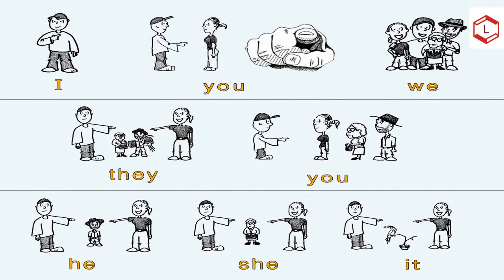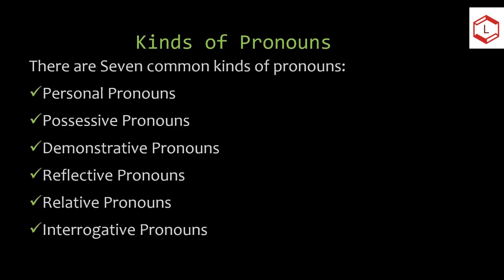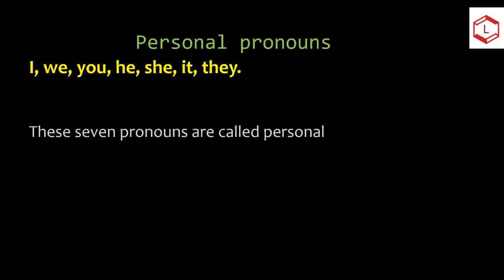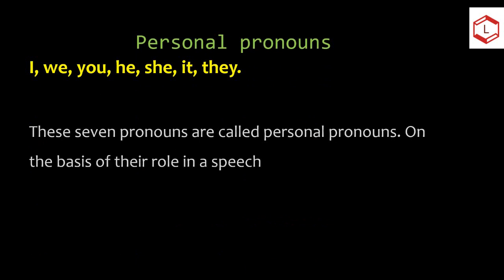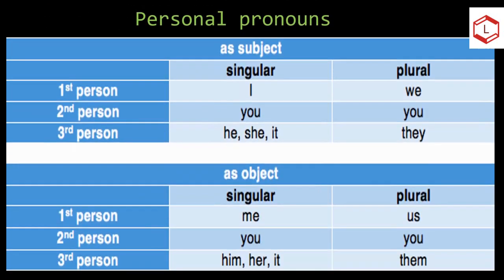There are 7 common kinds of pronouns: personal pronouns, possessive pronouns, demonstrative pronouns, reflexive pronouns, relative pronouns, interrogative pronouns, and indefinite pronouns. I, we, you, he, she, it, they are called personal pronouns. On the basis of their role in a speech act, these can be divided into 3: first person, second person,